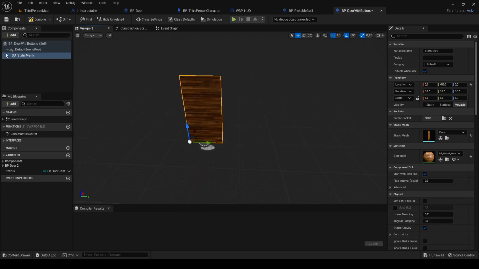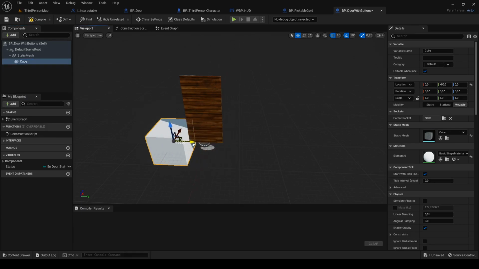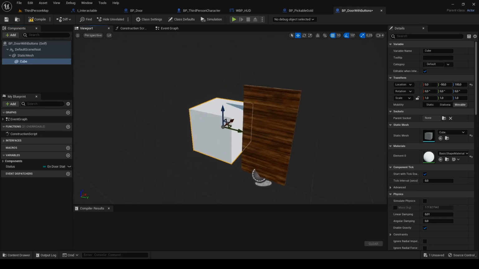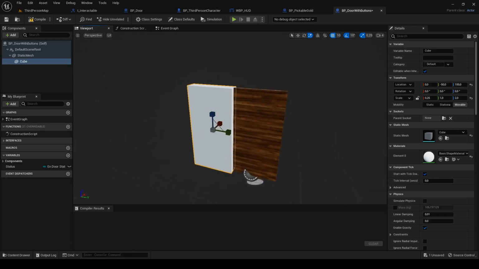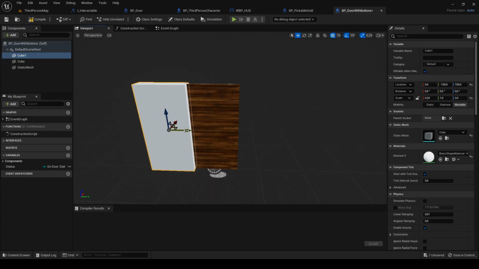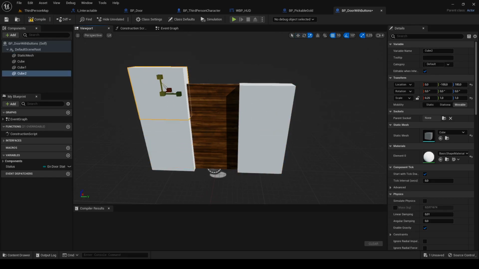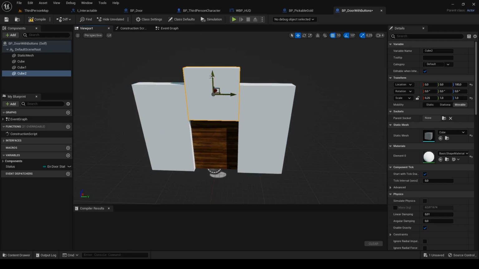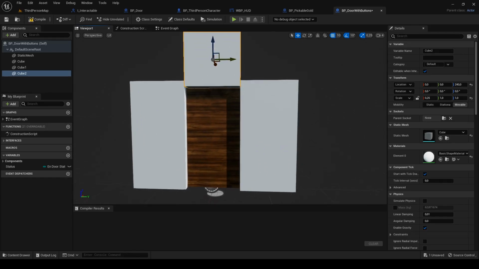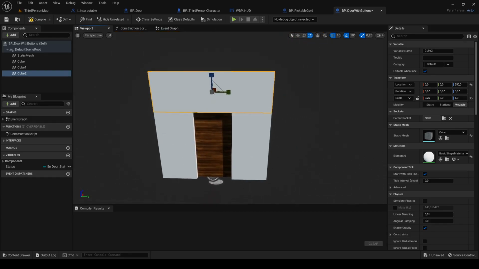Now create a basic wall around the door. It is for example purpose only, so it doesn't have to be fancy. Add a new cube, scale it up to the height of the door. Make sure that cubes are not child components of the door. Duplicate it and move it to the other side. Duplicate the cube one more time. Scale the height down. Move it to the center and up till its down edge is touching the top edge of the door. That's all for the walls, so let's create the buttons.